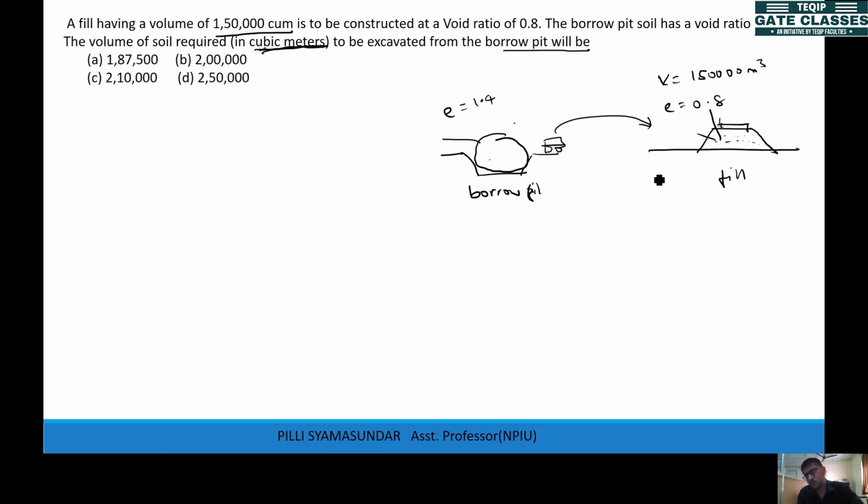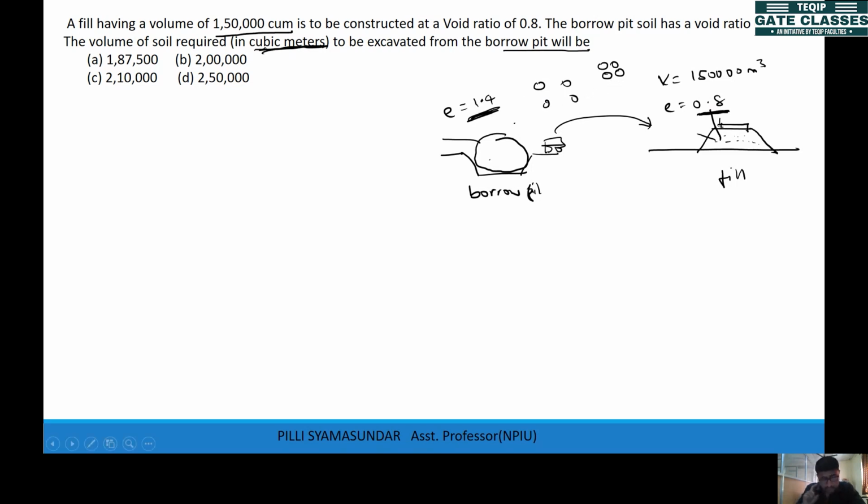Now the thing is, you are excavating the soil here and you are filling the soil in here and compacting. So after you compact, the void ratio is reducing, because we want high density. So you compact, so the void ratio is reducing. So here void ratio is more, so the soil is loose. Now after you give some load, the soil particles get closer and the void ratio gets lesser, density increases. Yeah, fine.